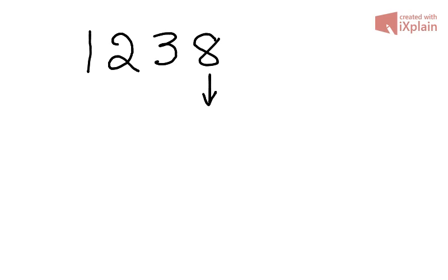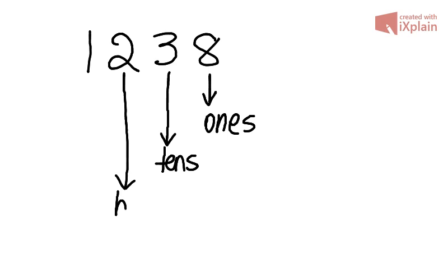So that first one will be the place of the ones. The second one to the left will be the place of the tens. So that's why we read the 3 as 30, 3 tens. The next one will be the place of the hundreds. That's why we read that as